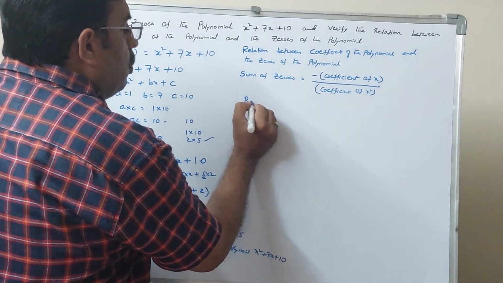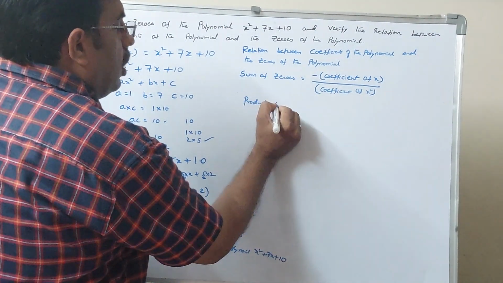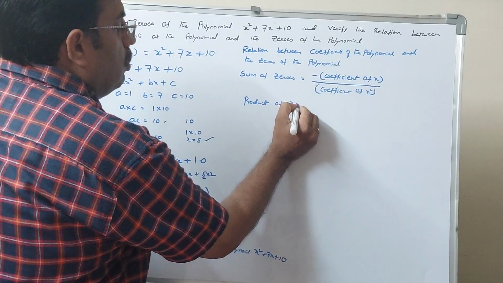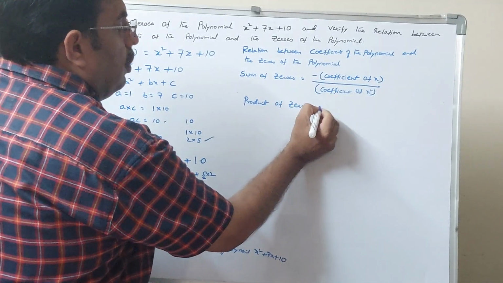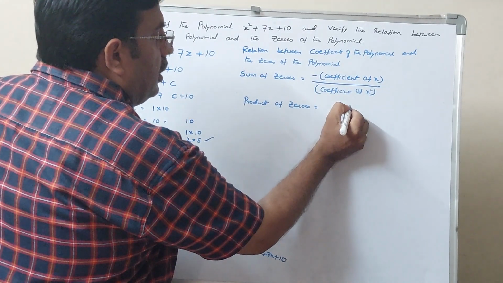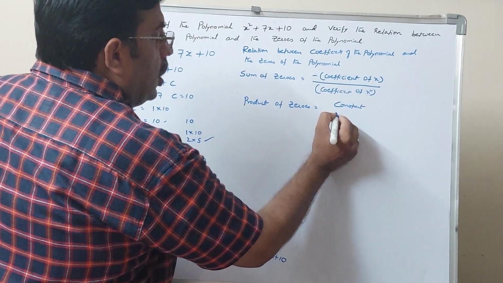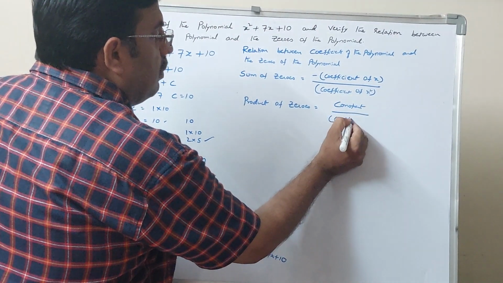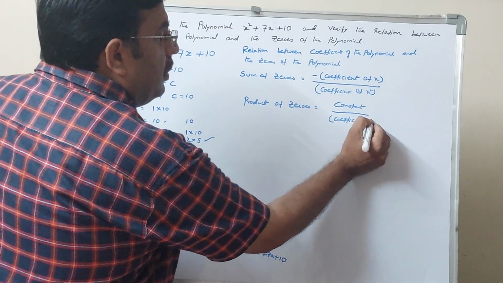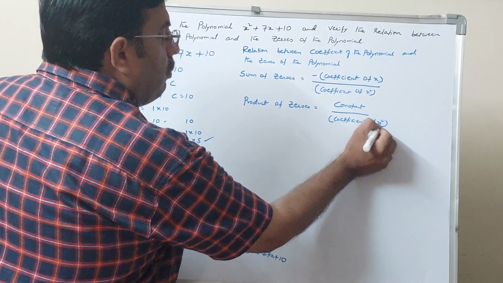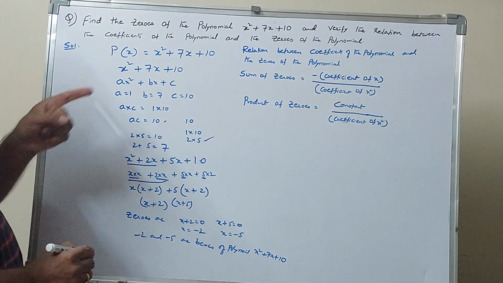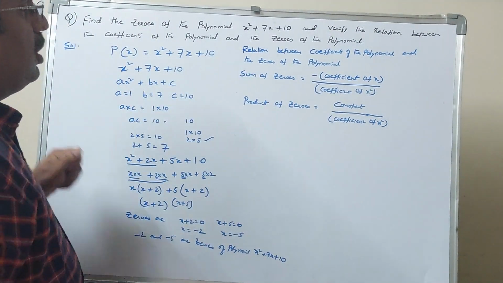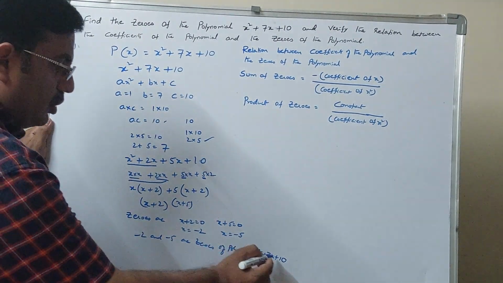Product of zeros is equal to constant by coefficient of x square. So this is the sum of zeros and product of the zeros. You got the zeros as